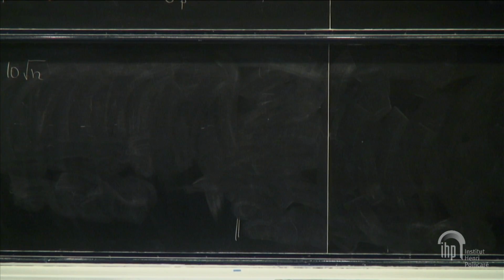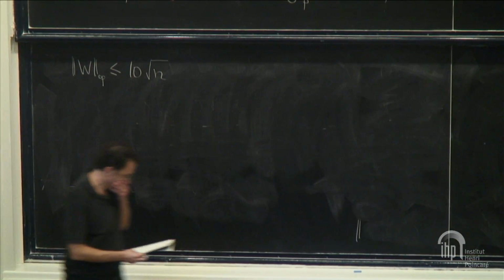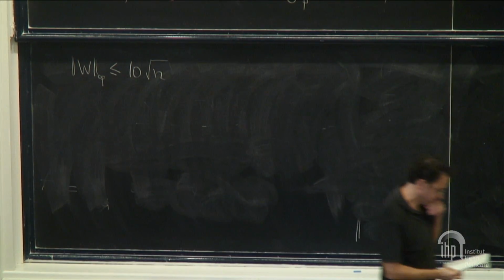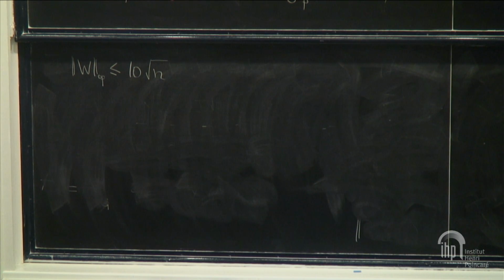So what can we say about W? Well, by our little theorem before, the operator norm of W is of order square root of n. So let's say it's 10 square root of n with high probability. Okay. What about the unperturbed matrix? So if I call this the signal,